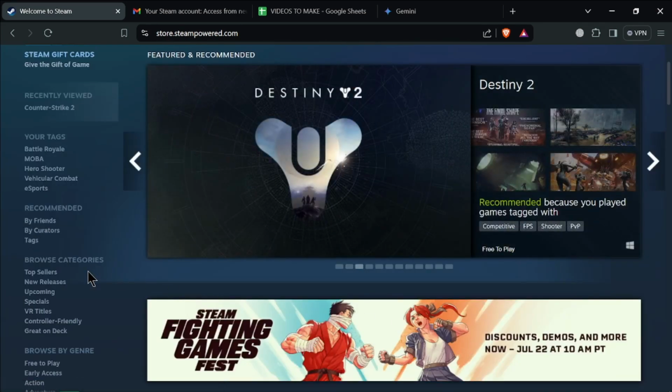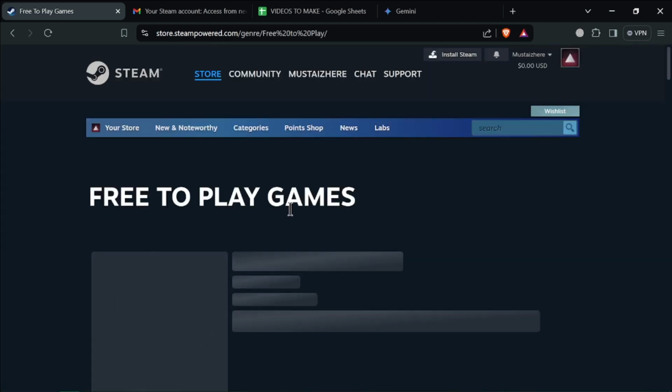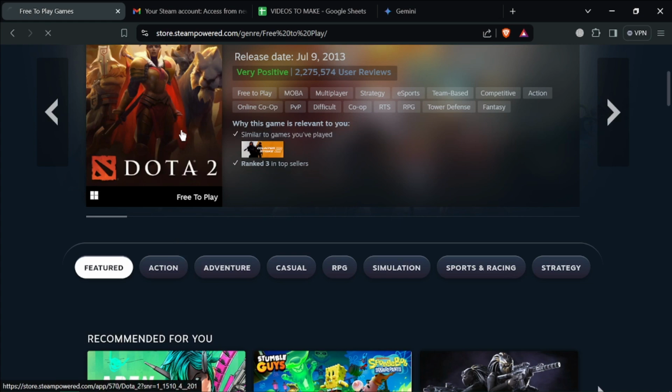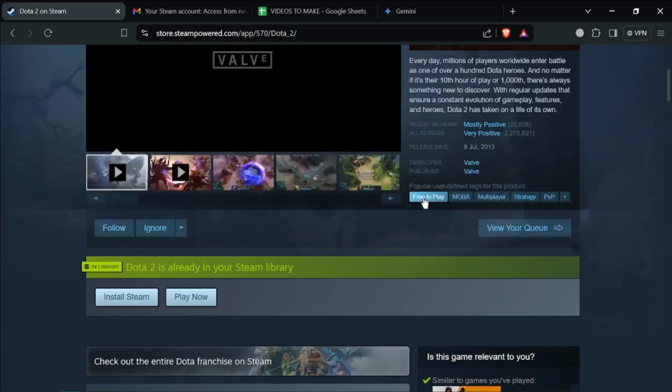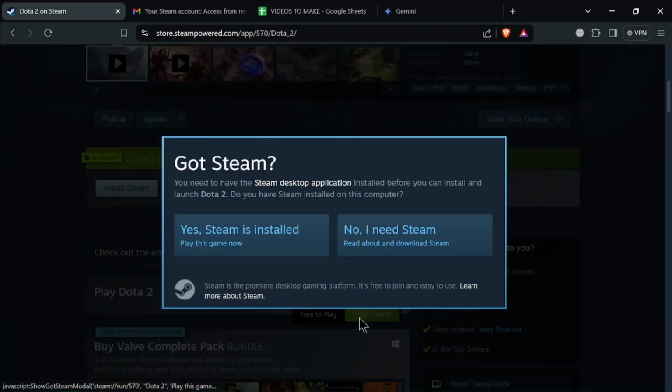So let's try a game here. For example, free to play. And let's choose any game from this list. For example, let's go to Dota, the great Dota. And here you'll find the buy button or the install on Steam or a play now. When you click the install, it will start to download the game on your